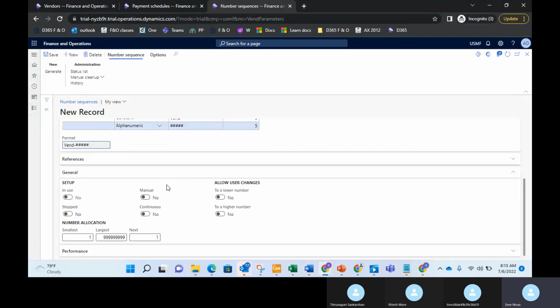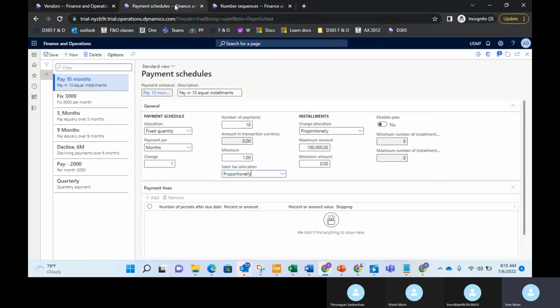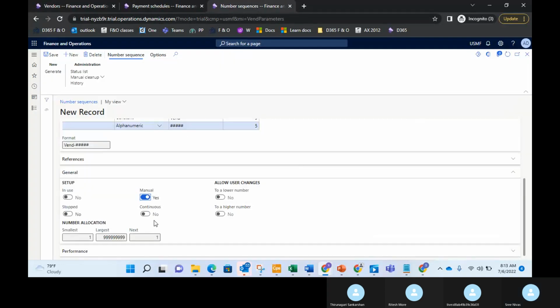So here under setup, we have two options. One is manual and one is continuous. If you give it manual, whatever the invoice you are going to create, it will not pick on its own. Whenever you create a new vendor, this vendor account will be empty, and then you can create whatever you want, like for Infosys, Reliance, or anything it may be. Instead of this manual, if you give it as continuous,